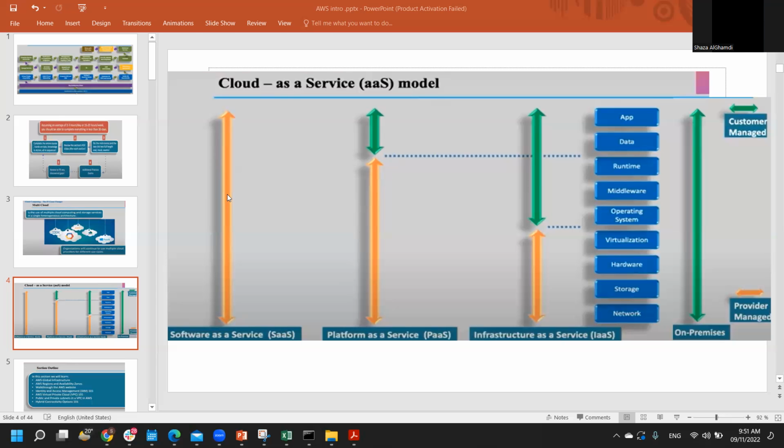And then you have the software as a service, where you don't really get involved in anything. They just give you an application and a username and password and say, you access this application. This is going to be running in the cloud. You don't really need to do anything. So only data is going to be saved here. And that means you really need to make sure that your data is secure